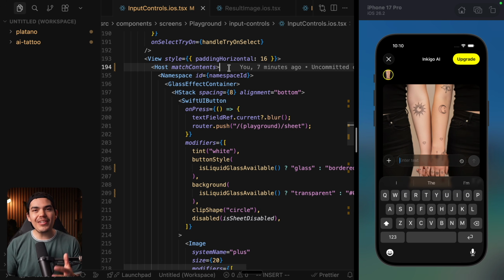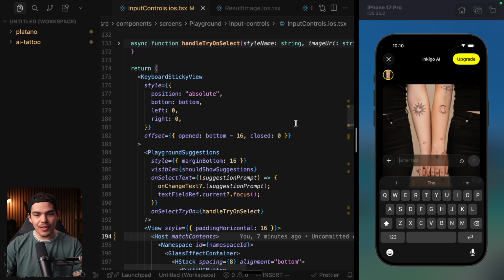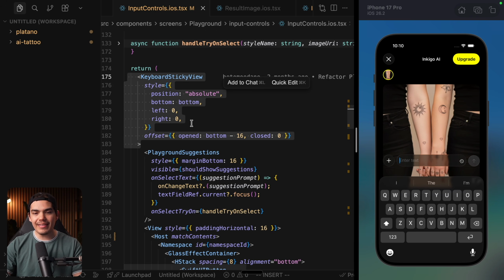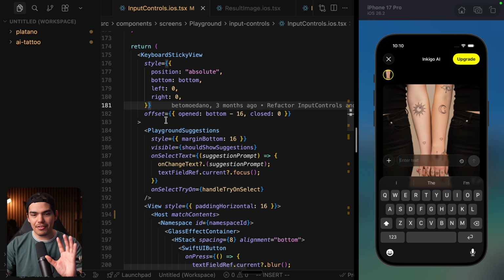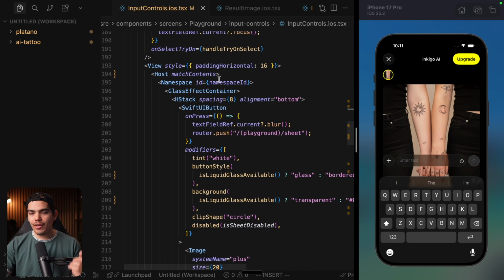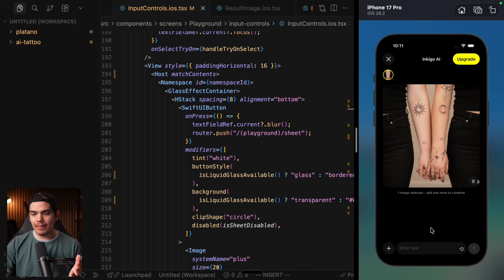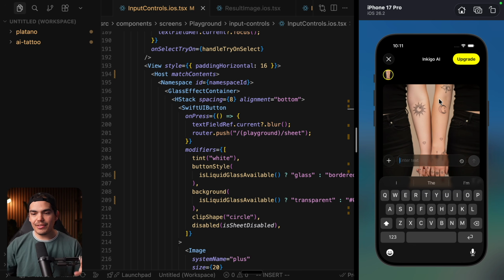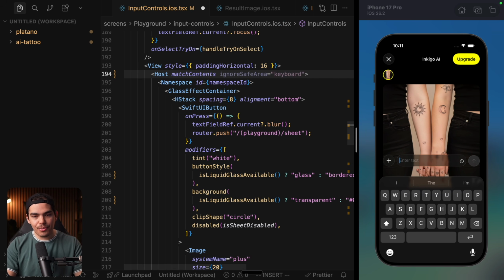So Expo UI is gonna try to move things so that they are not covered by the keyboard. In this case, I had my input and I'm using a sticky view, by the way, from React Native Keyboard Handler. And this is position absolute. Everything looks correct. These measurements are correct. But somehow when I open my input, it's still taking more space than I would like to. This is why you need to be aware of